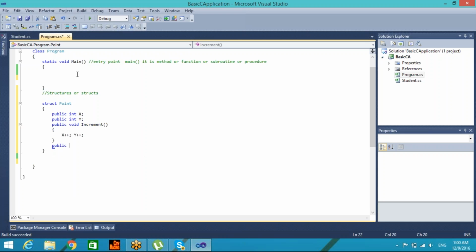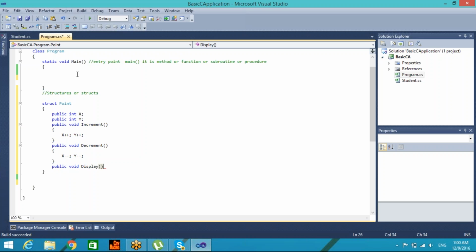I'll say public void Decrement, where I can pass x minus minus and y minus minus. And there is one method which displays these values. So I'll say public void Display,